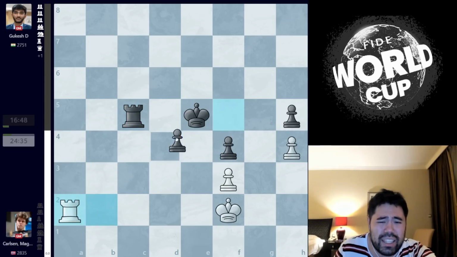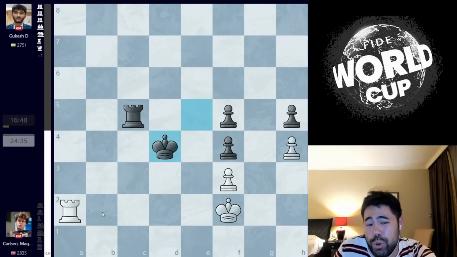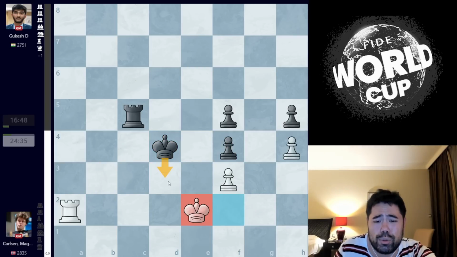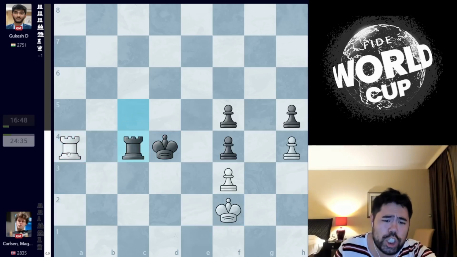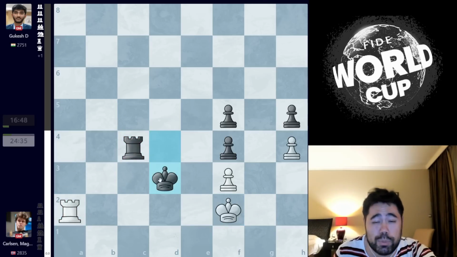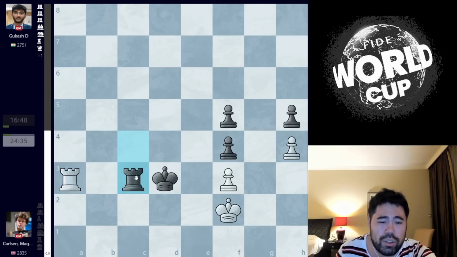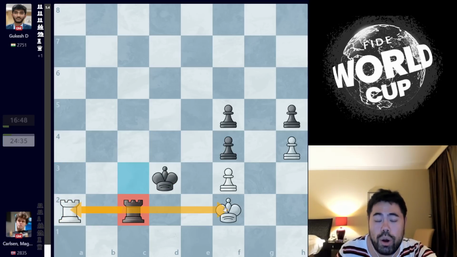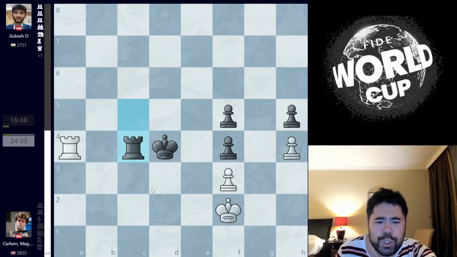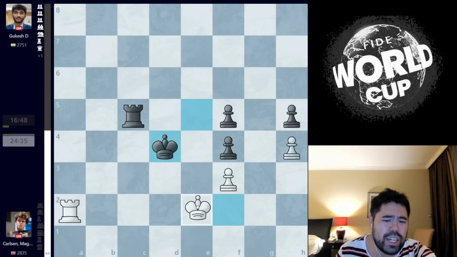And maybe you can try something like this with king d4 here, but I don't have to actually check here. I can go king to e2, stopping the king from getting in. If I were to check and you could get to this position, there are some small chances of maybe winning, because after check, you can block. And then there's rook to c2, forcing the trade. So if you could get this, you can win. But the problem is that here I can go king to e2, cutting you off, no king to d3.